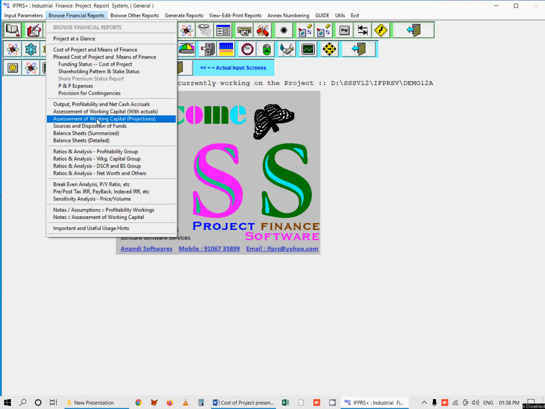Assessment of working capital 2, with holding periodicity structure of current assets, current liabilities for all projected years. Sources and disposition of funds. Cash flow statement, as individually listing all borrowing category one by one as to funds raised and its repayment over